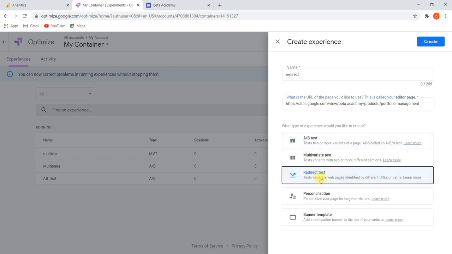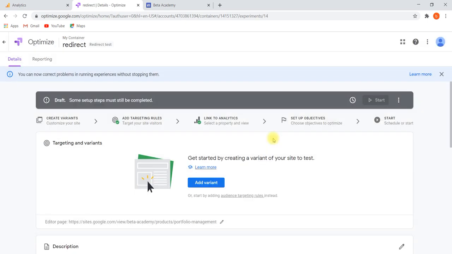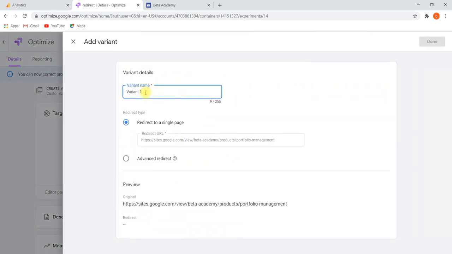Redirect test will be selected here. Observe that one. Create. Now one more variant. I would like to add the variant to the redirecting. Add variant. New page, I will say, variant name.